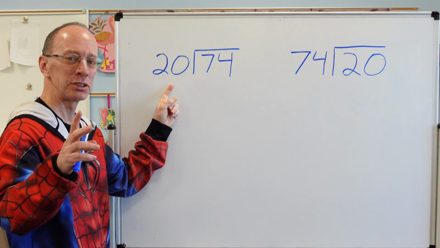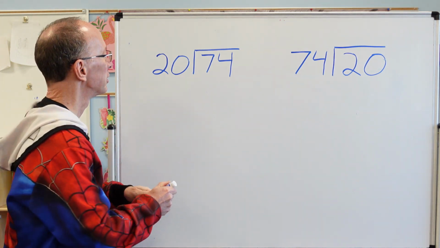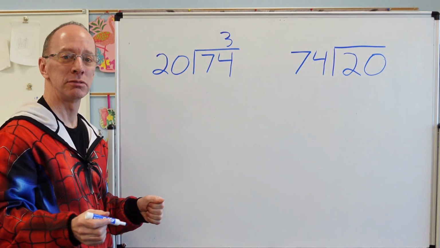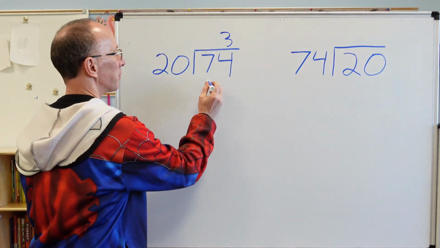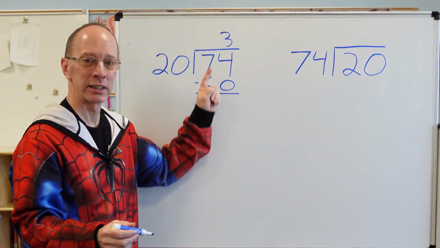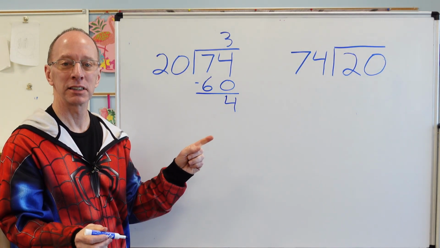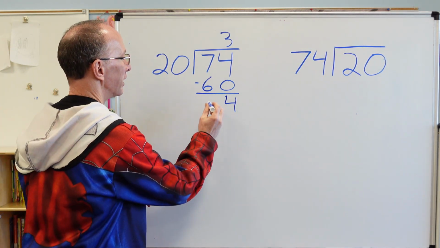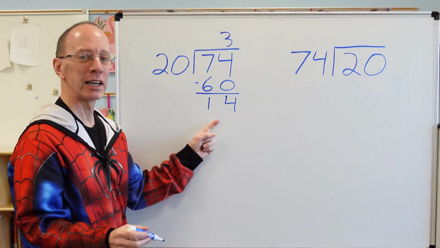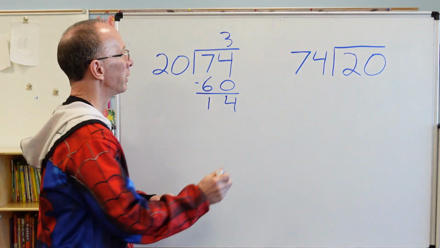Don't worry, I know it's a double-digit number, but we're going to take this slowly, step by step. So 20 times 2 would be 40, 20 times 3 would be 60. So let's go ahead and put 3 right here. So 3 times 20 is 60. And then I use subtraction. So I bring that 4 down, just bring it right down. And then 7 minus 6, 1. So I put 1 right there. So this is my remainder right here. I can't put 20 into 14 anymore. So I have a remainder of